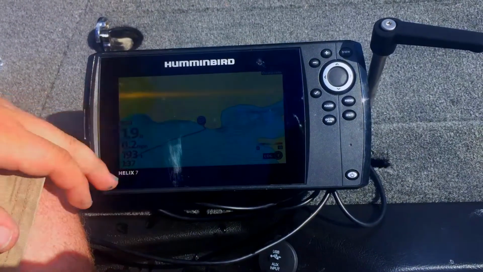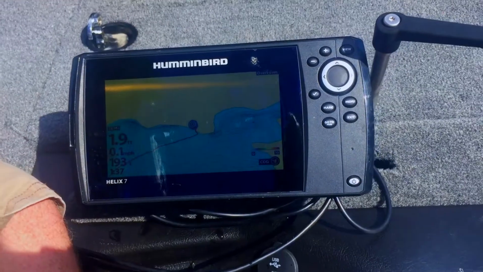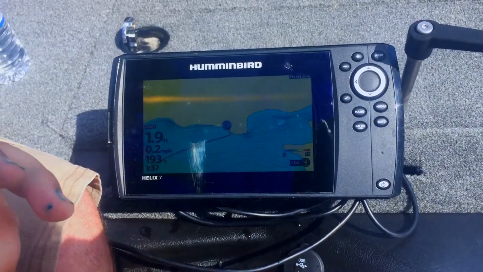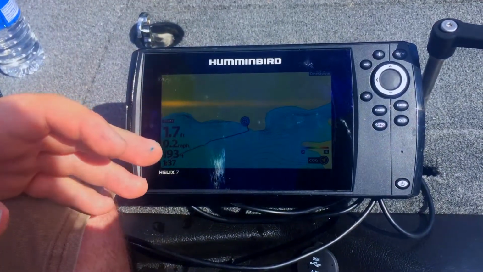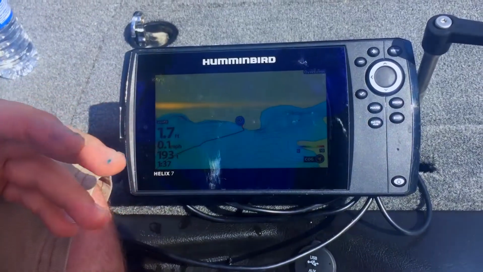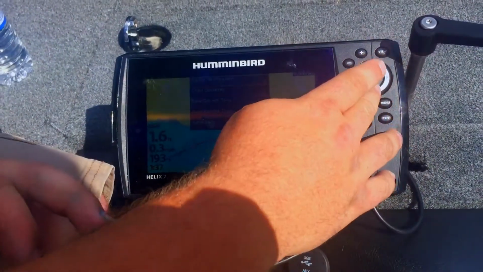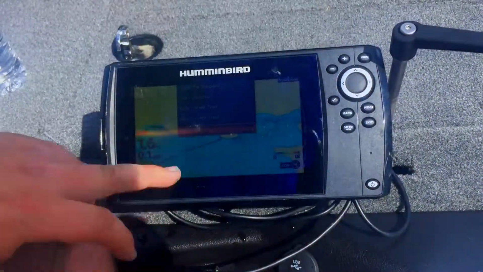So once you're in this setting, it's going to start creating colors. So down here is your color bar. Light blue is those very shallow areas, whereas red's going to be those very deep areas, which right now it's set between 0 and 10. Now I know this water body has a 20-foot channel, so something I might want to do is go back to Auto Chart,